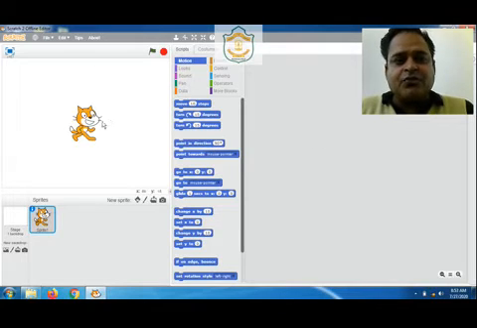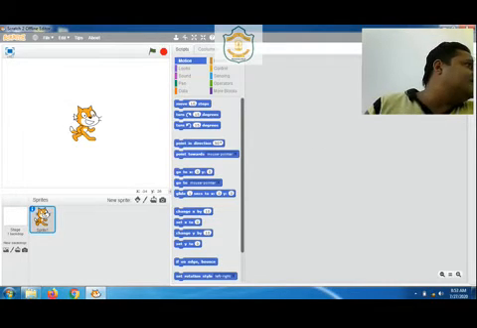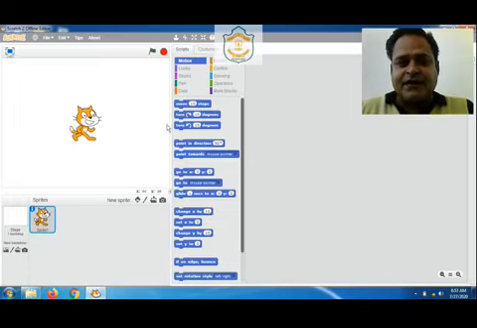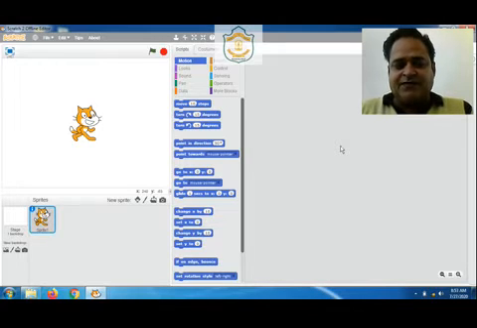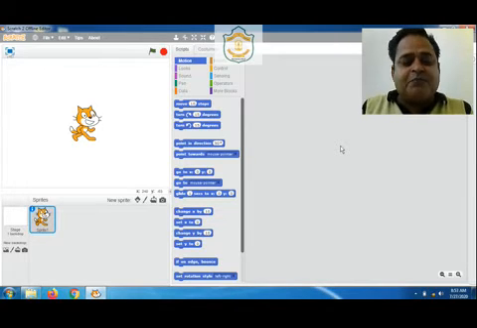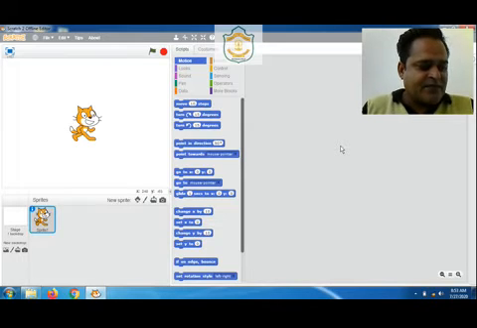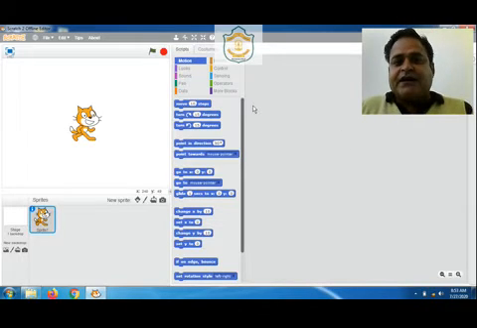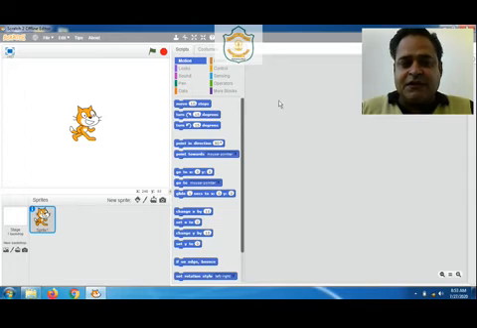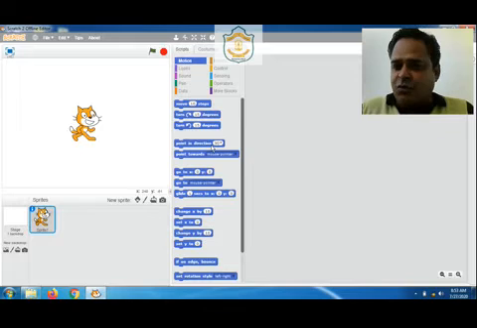So in order to move our sprite, this is our sprite, we need to use these blocks in this script area, as given in the example in the book. By default, these are the block palettes, and by default motion is selected. Motion means movement of the sprite.